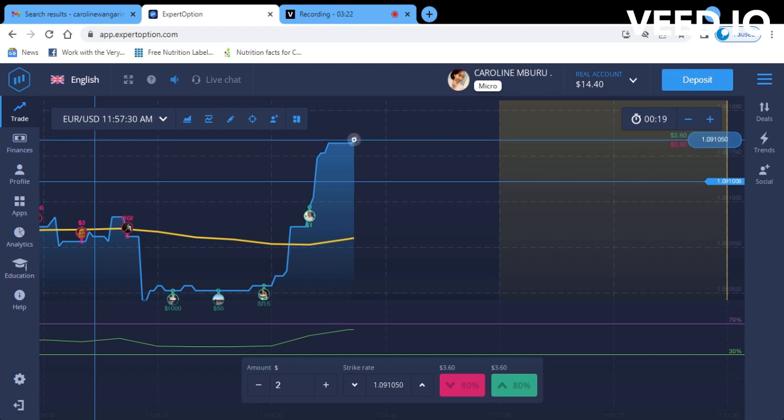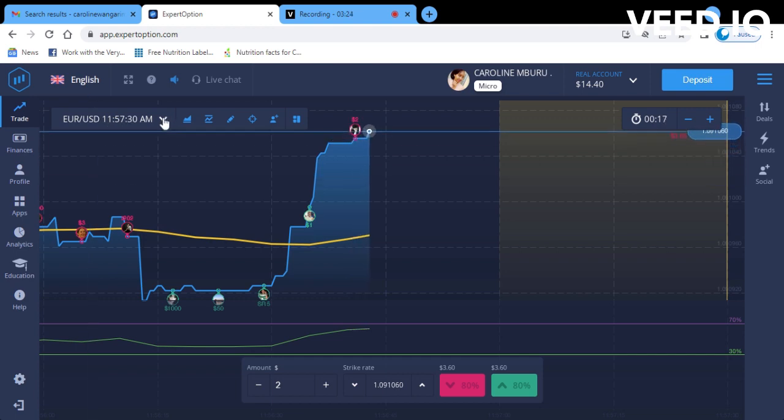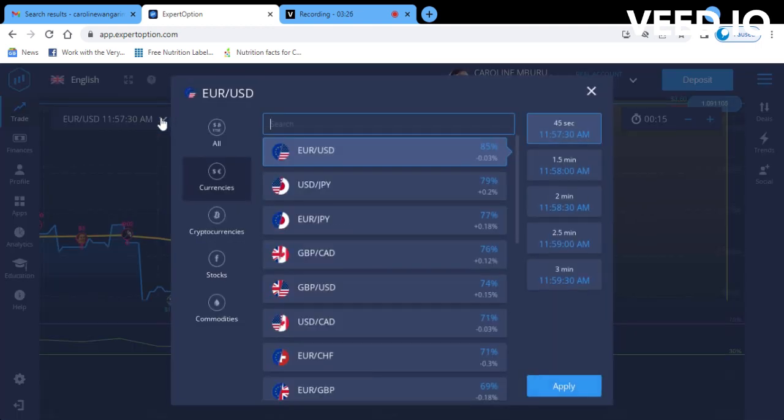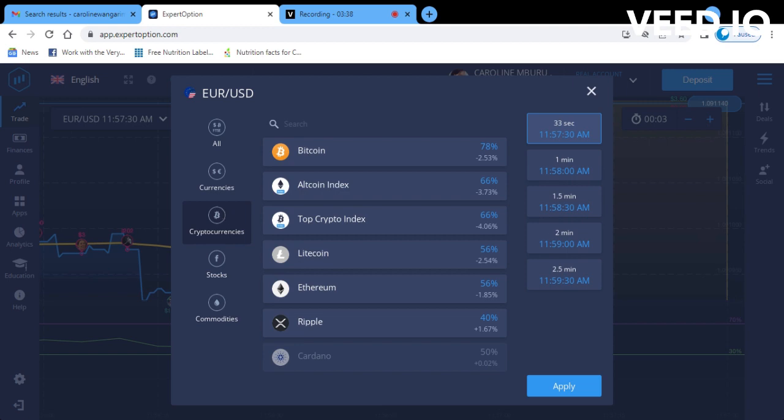Before we start, you can see here at Expert Option, you do not have to trade crypto. There are currencies. You can trade currency, for example the euro against the USD. Basically, choose what you want to trade. There's also crypto, like Bitcoin and all that. I did not want to trade that. I'm really just interested in trading currencies, but you can trade stocks, you can trade commodities, whatever you want.